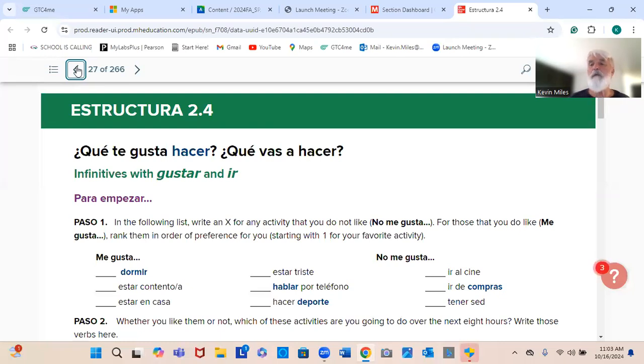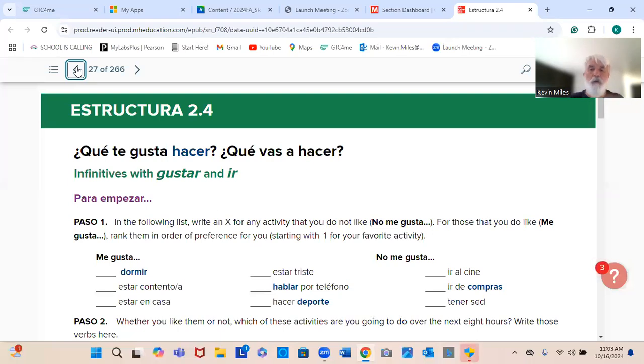If you're a woman and you want to describe yourself, you would say, yo soy alta. A guy, yo soy alto. Make sure you're able to make those distinctions. And let me see. You might want to say where you're from. Yo soy de Guatemala. I am from Guatemala. Or yo soy de los Estados Unidos.